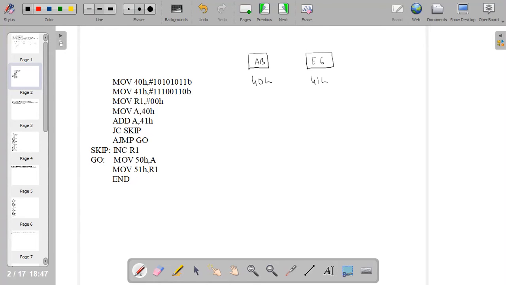So now we have the register R1 used, which has the value 00. Now A gets the content of 40H, that is accumulator has the value AB, and then that is added with the value of 41H location. So that is A equal to AB plus E6.